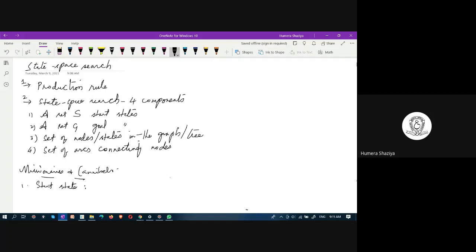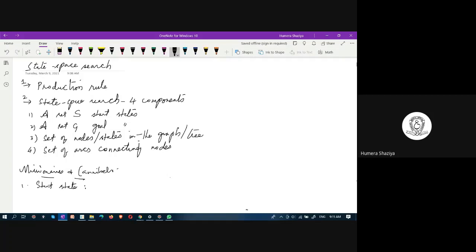The second method is state space search. It has four components. In this state space search, there is a set S that comprises the start states. There is a set G that includes goal states.